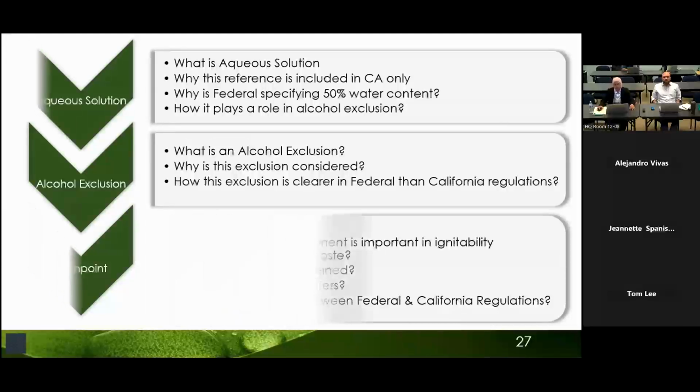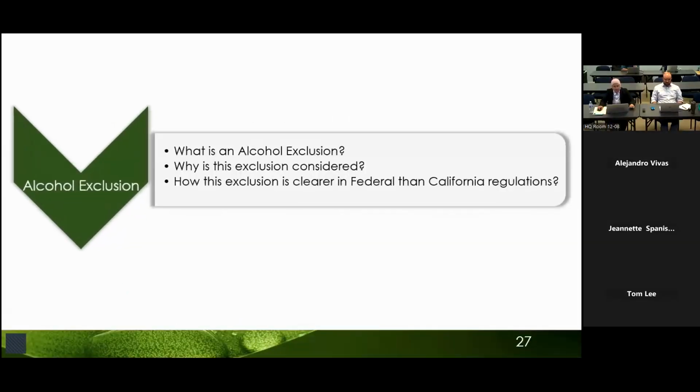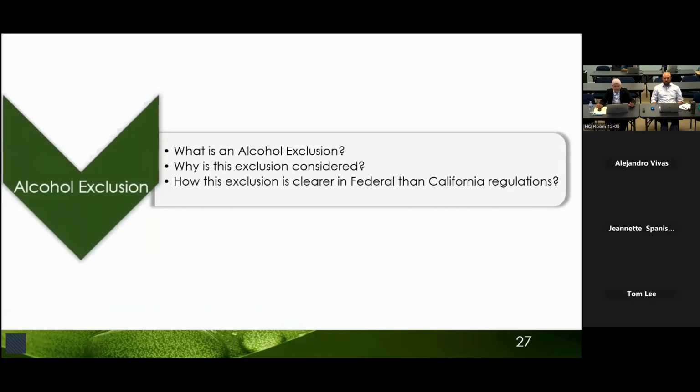So, the next concept, as I said, is alcohol exclusion. Based on this exclusion, if a liquid waste which has a mixture of water and alcohol meets strict guidelines, like a low enough alcohol concentration, it can be managed differently and doesn't need to be considered and labeled as ignitable hazardous waste. This rule lets certain qualified liquid waste containing specific alcohol and water content avoid being classified as ignitable. Let's discuss alcohol exclusion in more depth with the concept of the refined definition of aqueous solution in federal regulations.